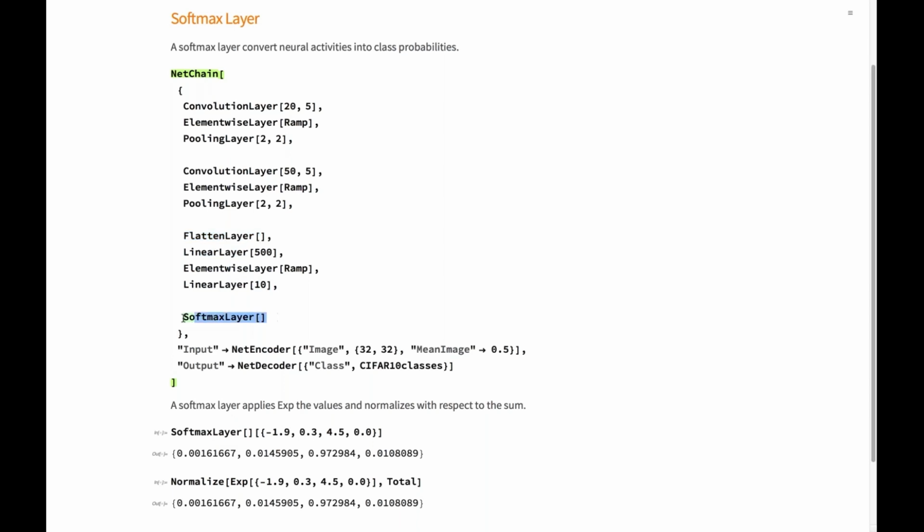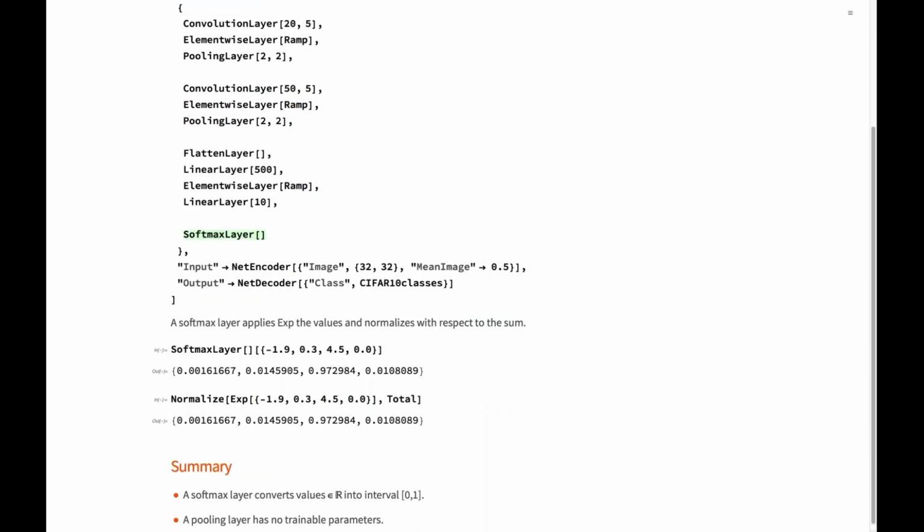And then last but not least, at the end, after having here 2 fully connected layers that essentially work as a classifier, I have a softmax layer that converts any kind of activity of your neurons that can be positive or negative into positive numbers by basically applying the exponential function and then normalizing it over the sum of all the values. Thereby you map values from the domain of real numbers into the interval 0 to 1, and once normalized, they can be interpreted as a distribution of probabilities.